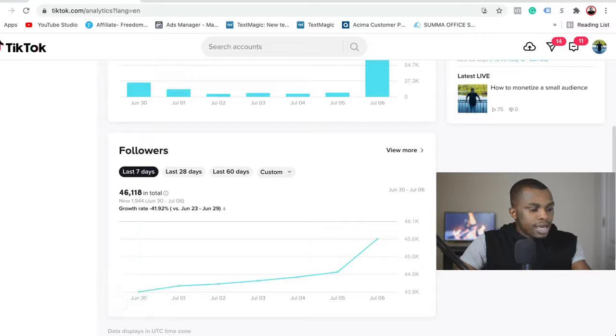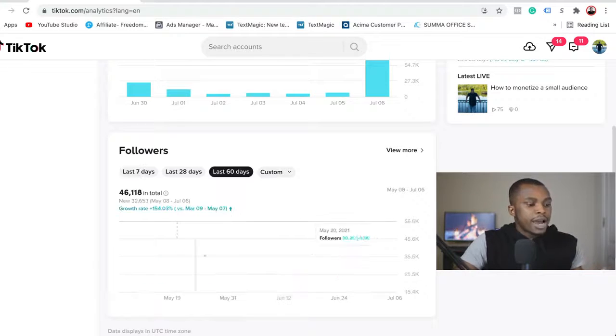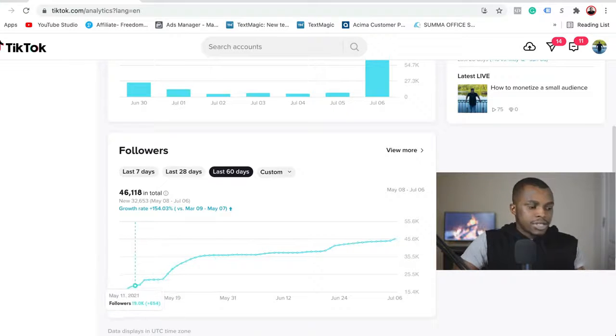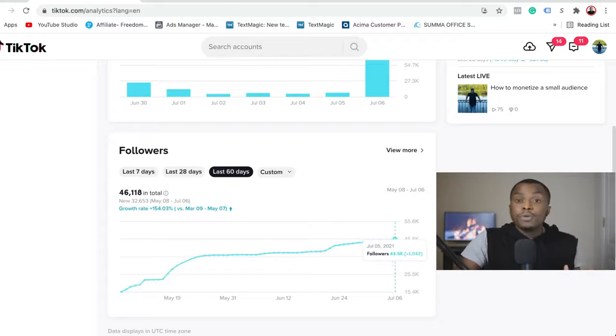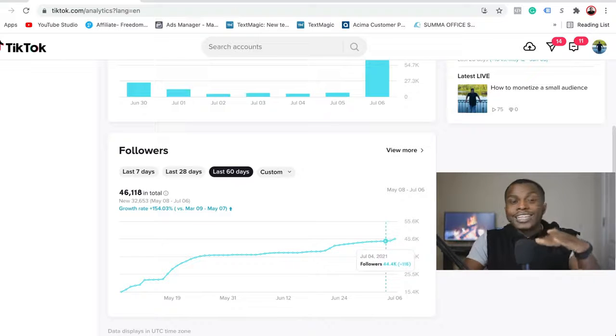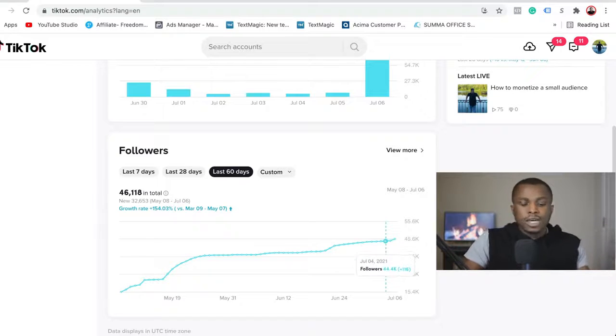And look at this graph right here. My profile has always been on the rise for the last 60 days. So it started growing here, then it kind of flattened off, then it picked up again, then it flattened off, then it picked up again. And I know at some point it's gonna flatten a little bit, but then it's gonna keep going up again. So that is something you want to keep in mind.